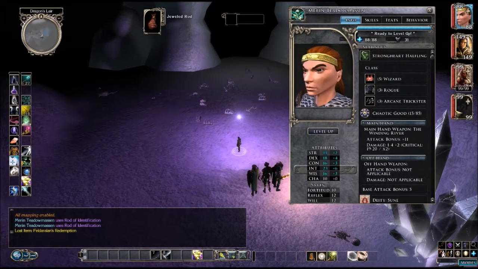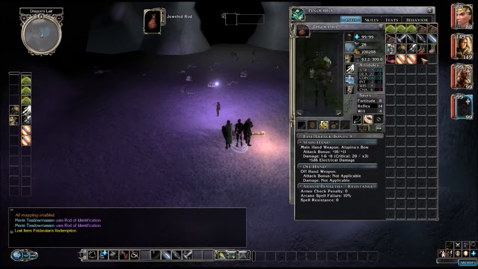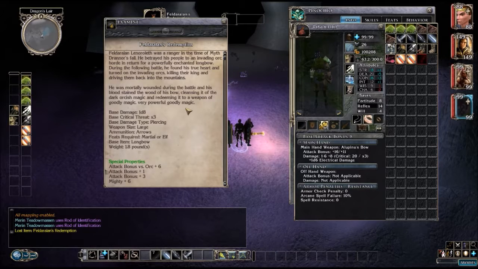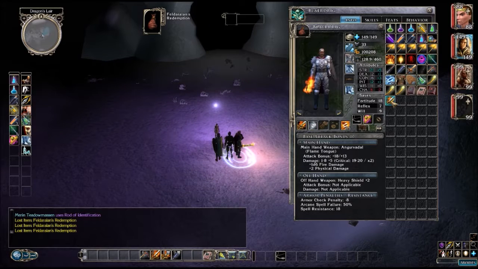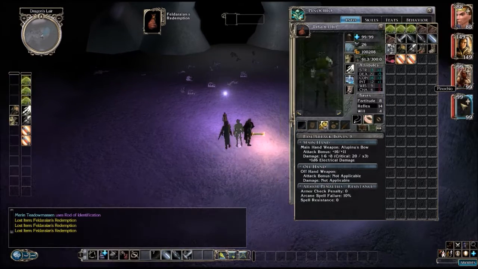In reverse order. Alright, Mr. Construct. First off here, let's actually equip you with your now cooler bow. Oh, no way, you can't use it. Why not? Oh, martial or elf? Boo. Well, she can't use it. Follow me. Oh, fine. You'll keep it. Maybe you might need it. You never know. Alright, anyway, we were